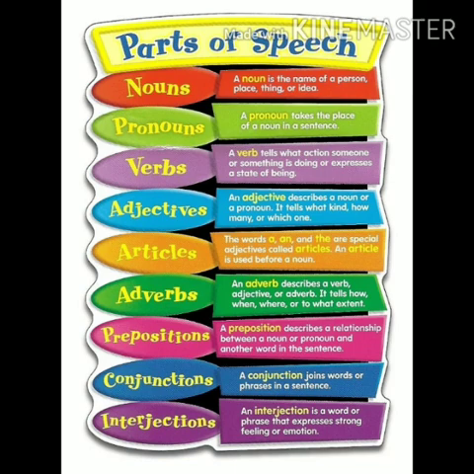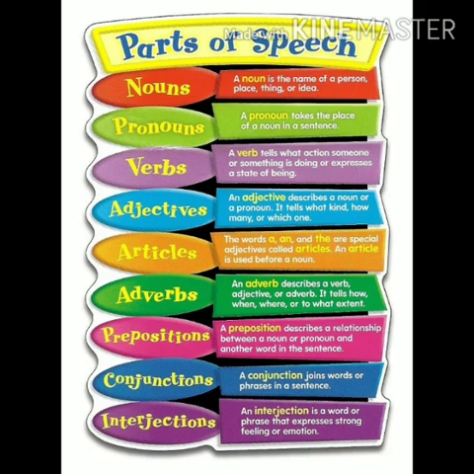Noun, which is a naming word, name of a person, place or things will be in noun. And next one is pronoun. It takes the place of a noun. We use this instead of a noun to avoid the repetition. The next one is verb. Verbs are action words. All the actions that we do is verb. And adverb. Adverb modifies a verb mainly, or an adjective or another adverb also.